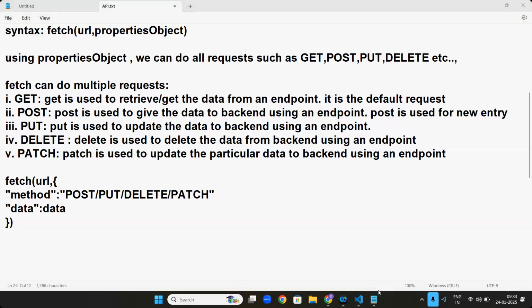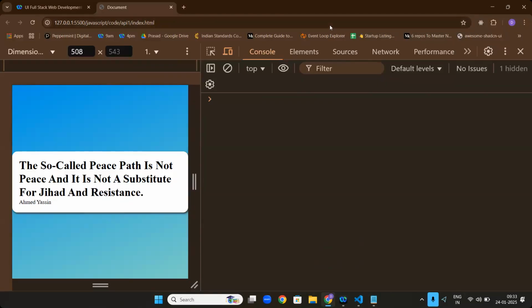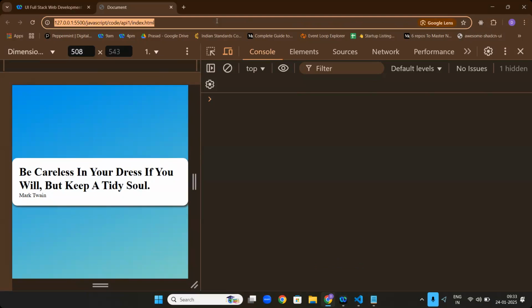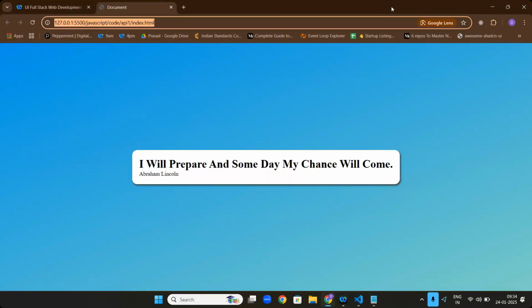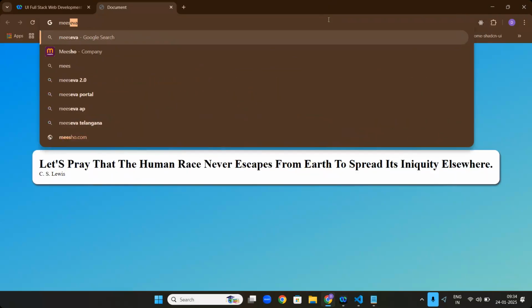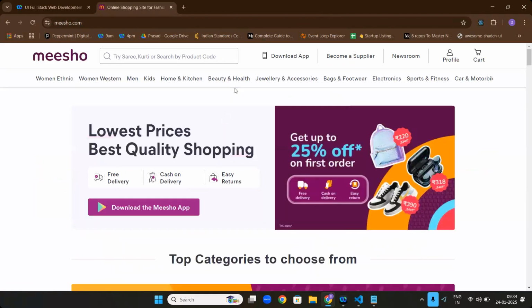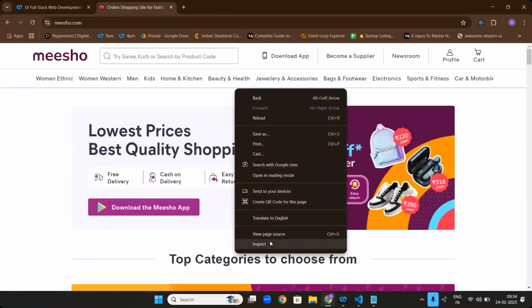Yeah. Now, sir, go to some websites. Show me this, sir. For example, go here. Tell me, except Amazon and Flipkart, any other e-commerce? Meesho, let's go here. Meesho. Right click, inspect,